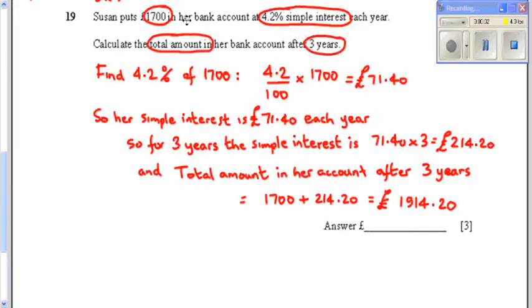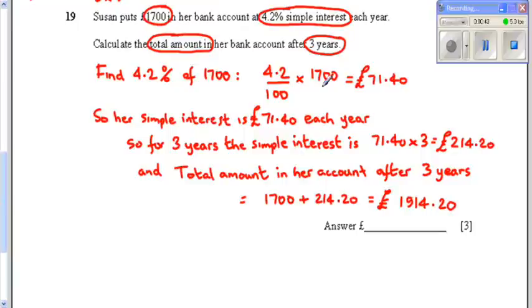Okay, so the key points here which you can highlight or circle: 1,700 quid starting off, 4.2% simple interest. Find the total amount in the account after 3 years. Right, the thing to remember about simple interest is that when you work it out first, then that amount is the amount that you earn the same amount each year. So let's go back now. It's 4.2% of £1,700. So you need to remember 4.2% is 4.2 over 100 multiplied by the amount, which is